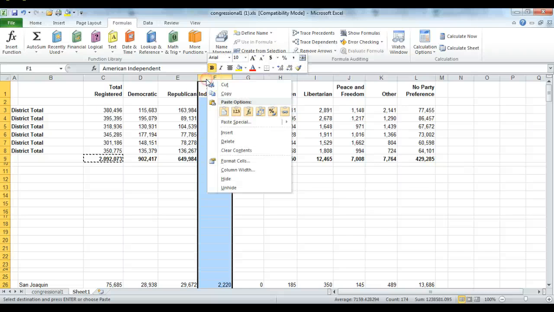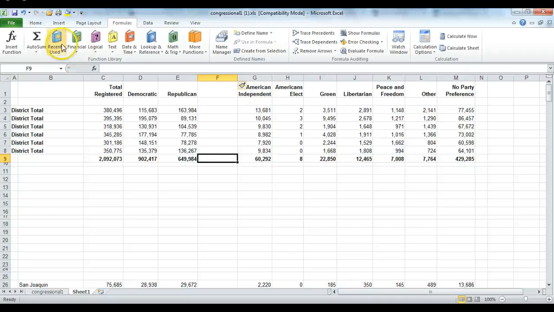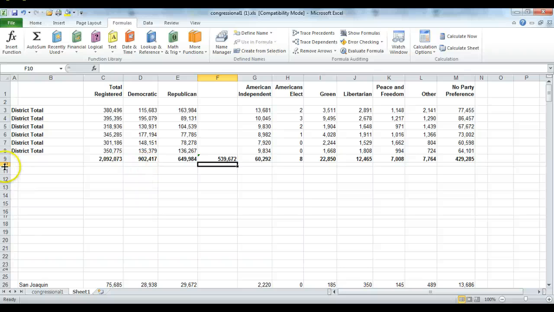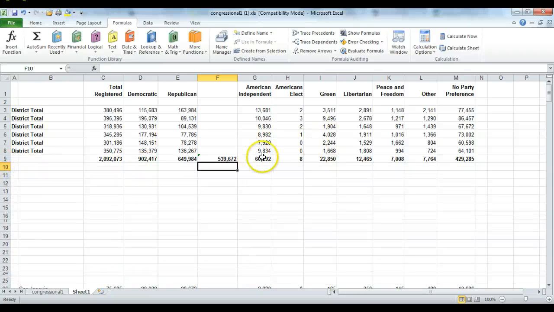The next thing to do is open up one additional cell, and that's because when we do these calculations, we assume that all of the independents and others are going to go into a third category. Again, that's a preference of the pollster. You could try to control for the American Independent Party, the Green Party, the Libertarian Party, or you can use a catch-all and put them all as a third-party candidate. So I'm going to divide these numbers, and it'll give us our percentages of